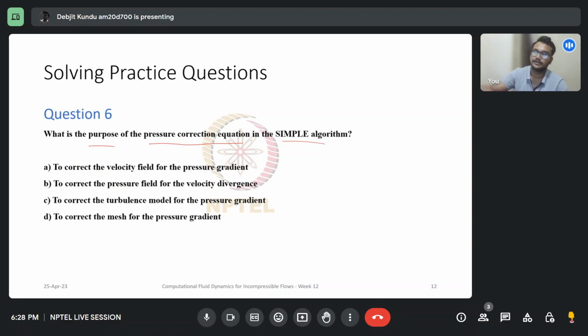So let's have a look at the solution. The solution is option B, to correct the pressure field for the velocity divergence. So as we have seen in the lectures, the pressure correction term actually contains the velocity divergence term as well, in which I have something like this. So the velocity divergence, let me,